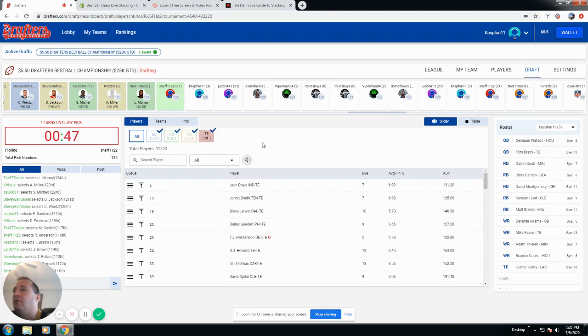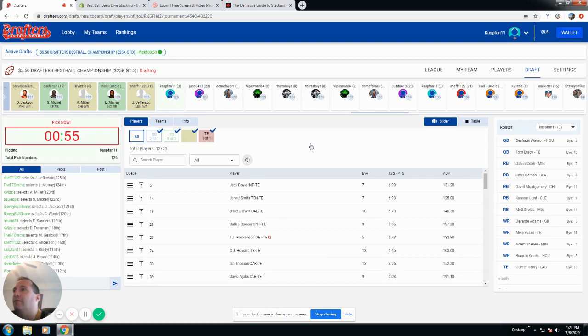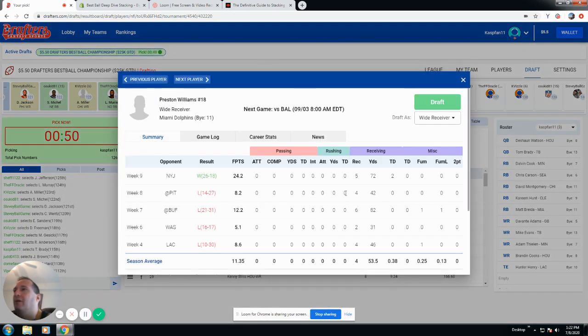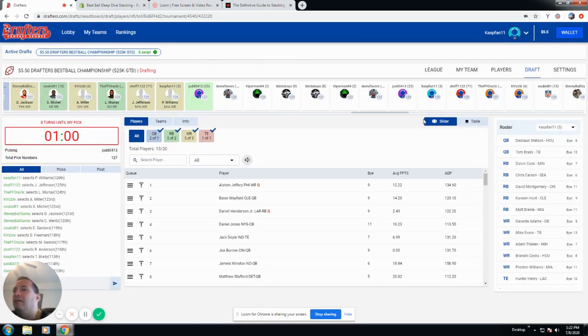Tight ends, still a bunch I like. Yep, just going to scoop up Preston Williams here. I think he's probably a tier above all these other wide receivers for me. He's coming back from the ACL, but he's expected to be ready for week 1, so I hope that happens. He's a really nice guy to have,